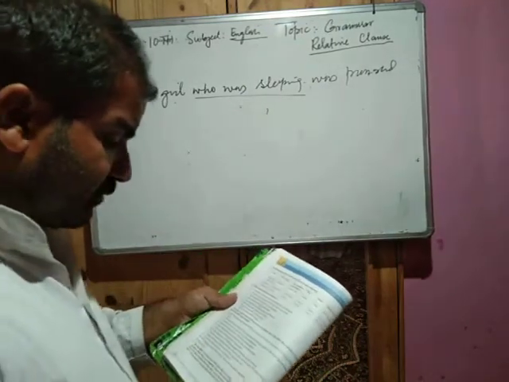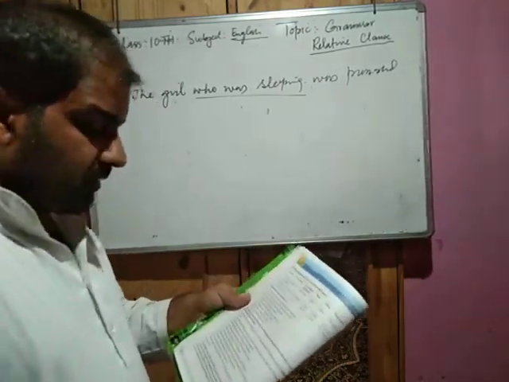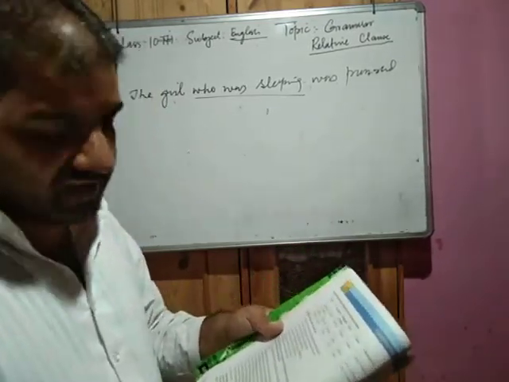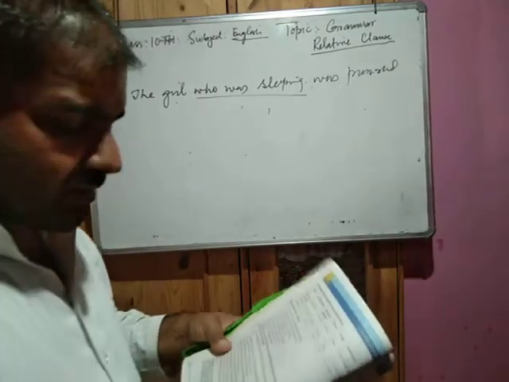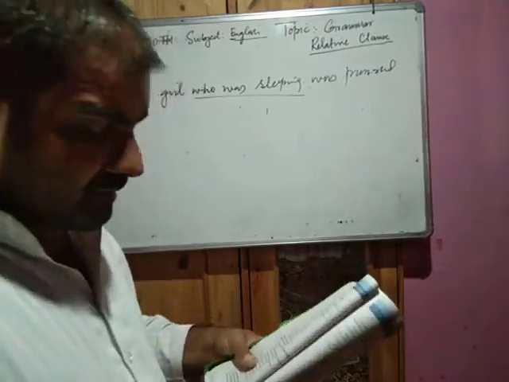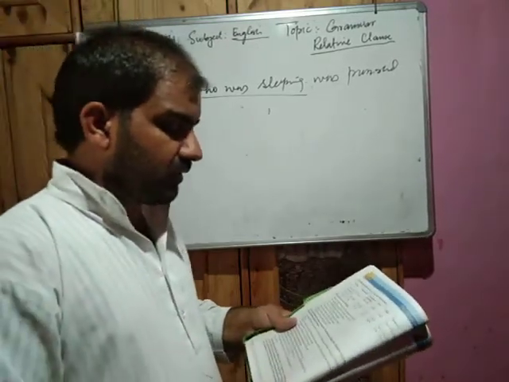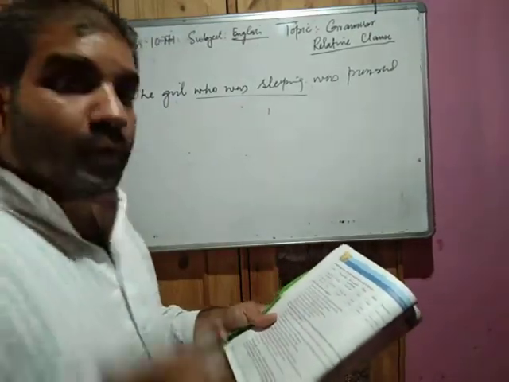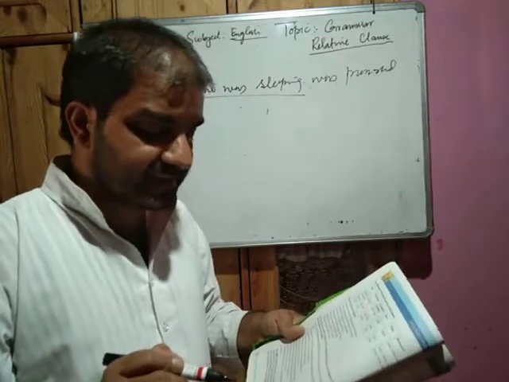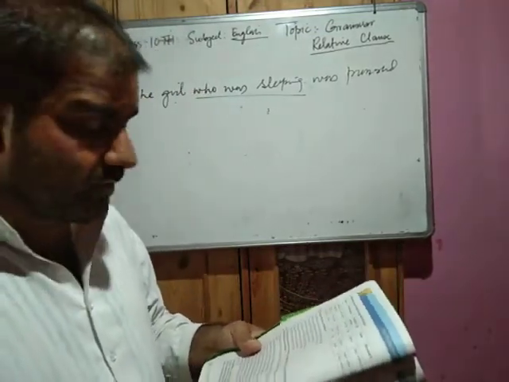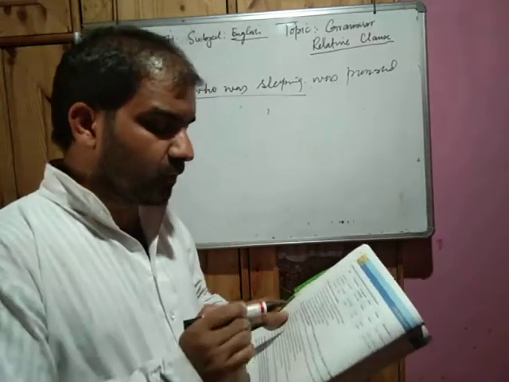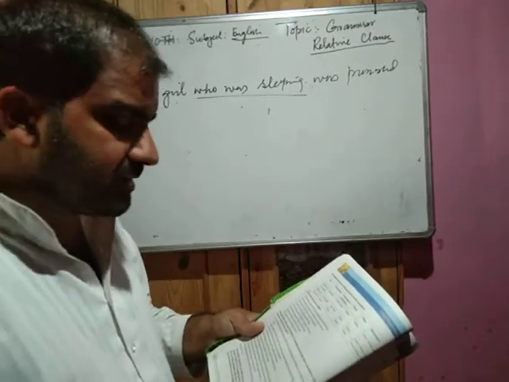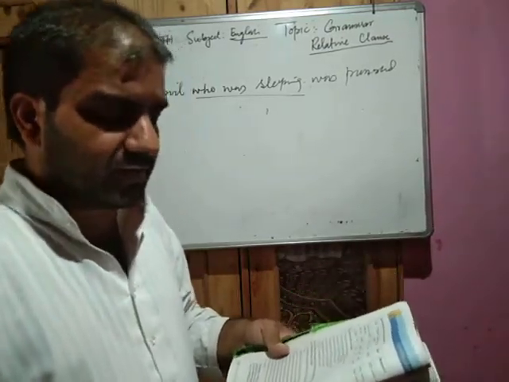If you look towards your book: My brother has made a mark in the field of art and literature. The second sentence is: My brother is living in France these days. Now we have to join the sentences by using a relative clause. My brother, who is living in France these days, has made a mark in the field of art and literature. Now we use "who" here.